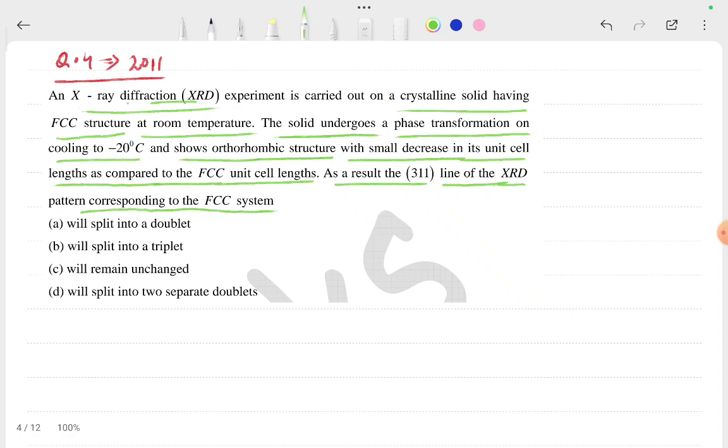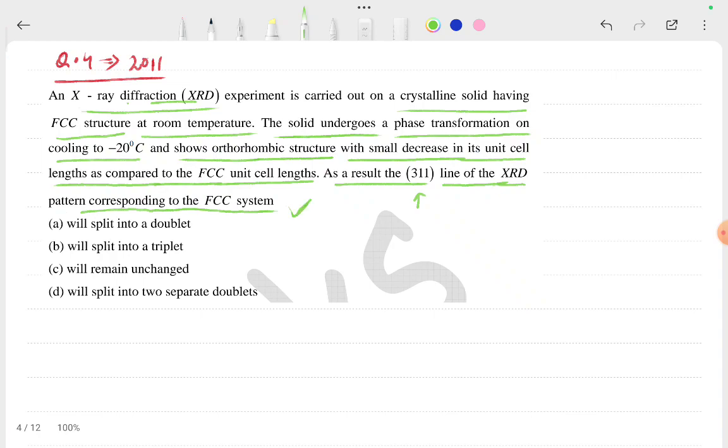The solid undergoes phase transitions on cooling to minus 20 degrees centigrade. Actually, they do some experiment. What kind of experiment? They decrease the temperature, and then show the orthorhombic structure. The orthorhombic structure has a unit cell with a small decrease in unit cell length compared to the FCC unit cell. As a result, the 311 plane line of the XRD pattern corresponding to the FCC system